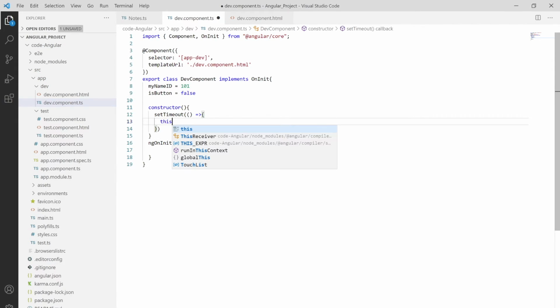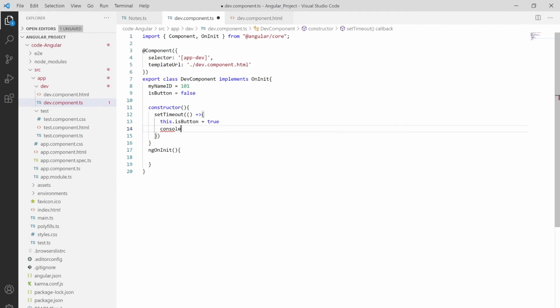So I'm setting this.isButton to false, or rather putting it to true, and also printing this value with console.log this.isButton. Save this out and put the setTimeout function after 5 seconds, so 5000 milliseconds, and save this out.